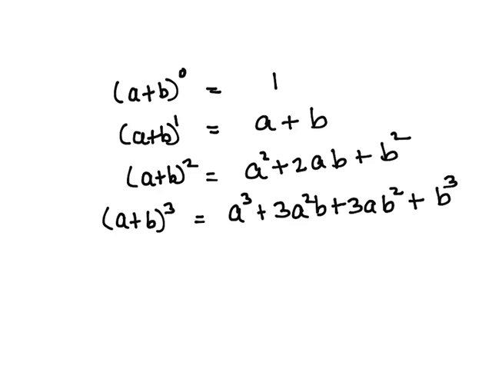Okay. So let us find (A plus B) whole power 4 then. (A plus B) whole power 4. So how can you find it? Very simple. I can multiply (A plus B) whole square with (A plus B) whole square, and you should get